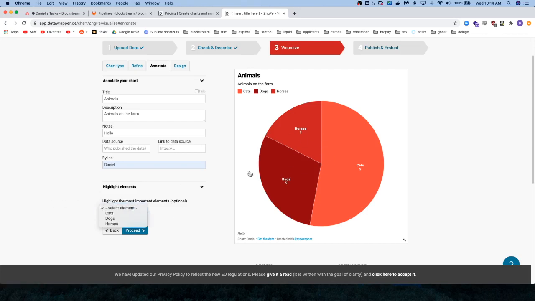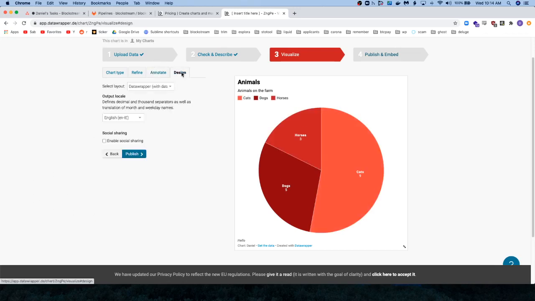If you want to just highlight one part of it, you can decide what gets highlighted, or maybe a couple get highlighted, and it'll fade the rest out, so that's kind of neat. Design, I don't think it does much. Okay, so once that's done,